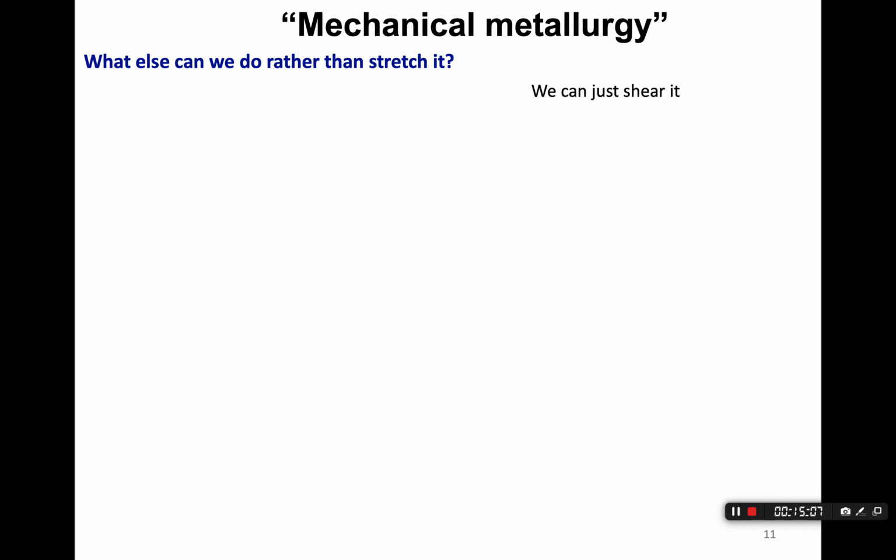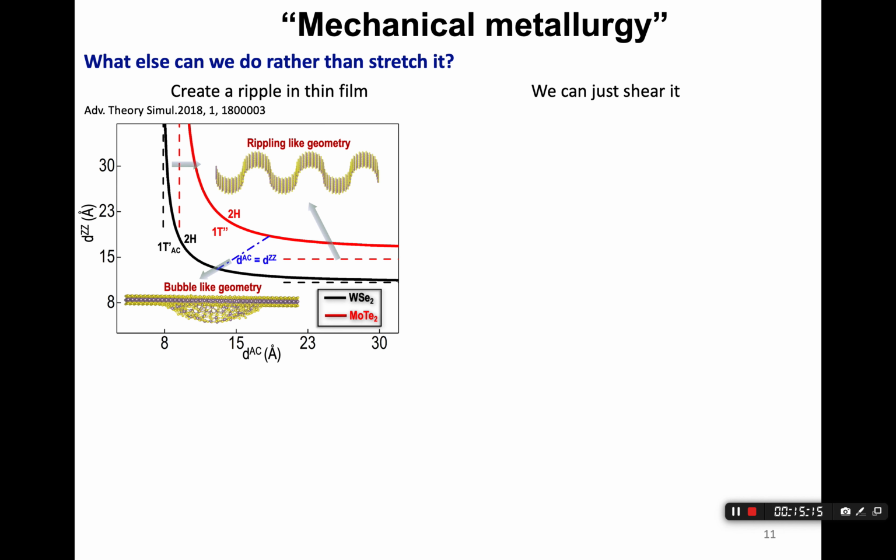So what else can we do by just stretching the materials? We know we cannot always stretch the materials, right? So the first thing we can do is actually to create a ripple on those materials. You know, 2D materials are never as flat as we think. There are always different kinds of small curvatures in the membrane when we grow it by doing either CVD or MBE. So in that case, I constructed this phase diagram which describes the energy landscape as a function of